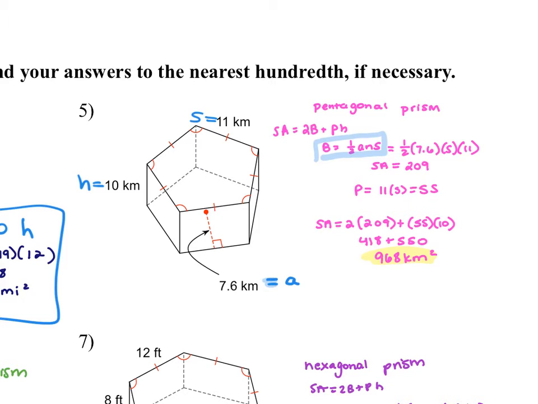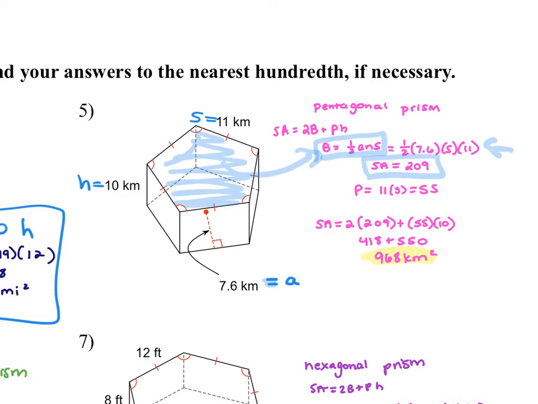So once I find the area of this pentagon, by using this formula, I'm multiplying 1/2 times the apothem, which is 7.6, times 5 sides times the side length, which is 11,